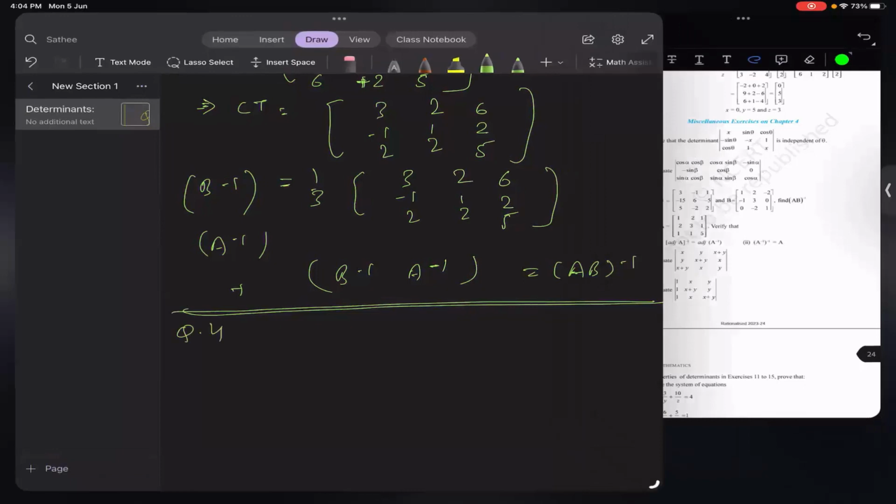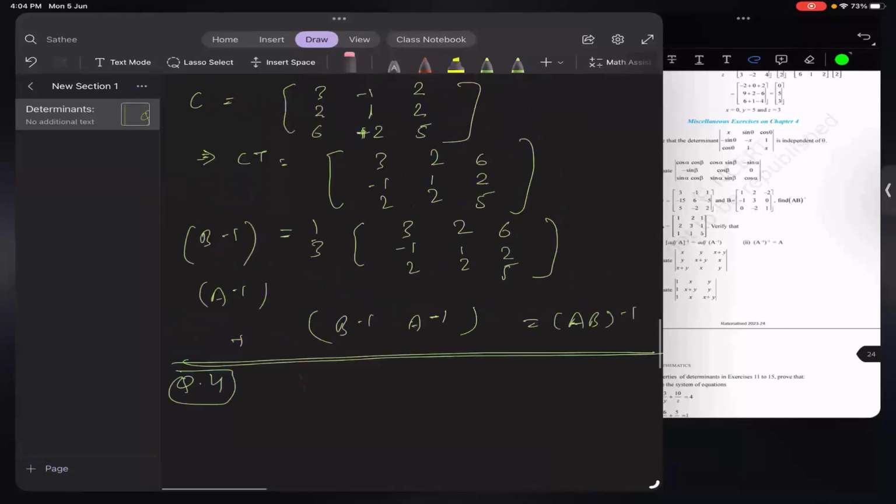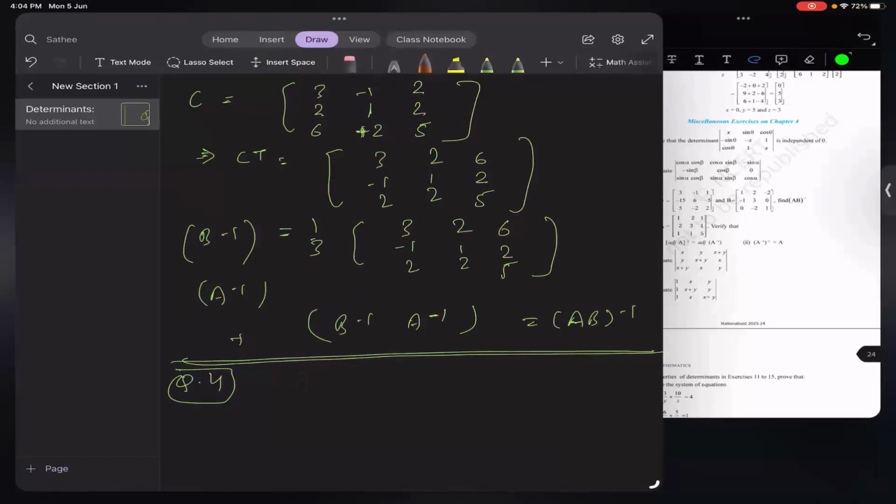You know that A into adjoint of A is determinant A times the identity matrix. So from here we derived that A and 1 by determinant A times adjoint of A is the identity matrix. So from here we concluded that